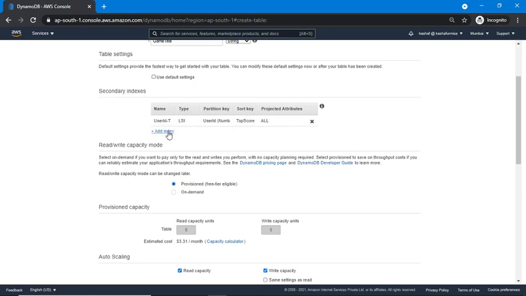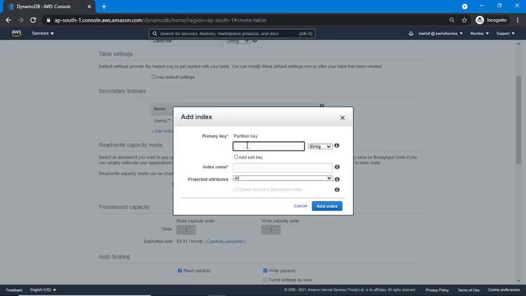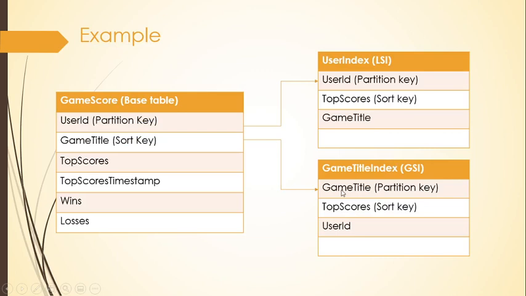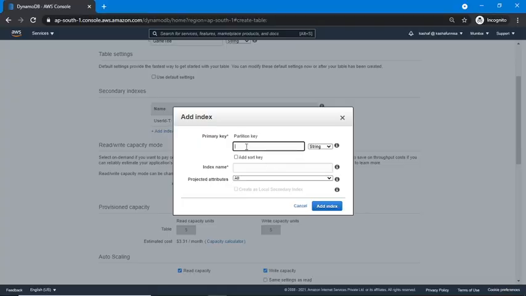Now I'm going to create my GSI. For the GSI, my partition key is game title and sort key is top score. Here the partition key and sort key are both different from the base table.